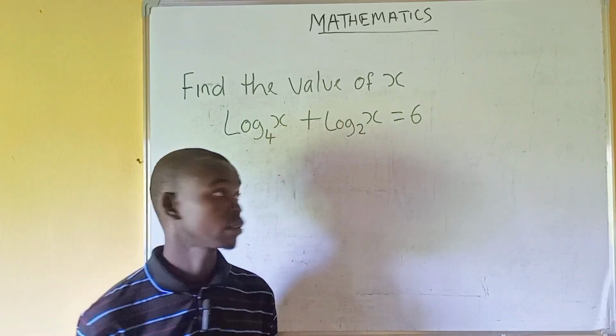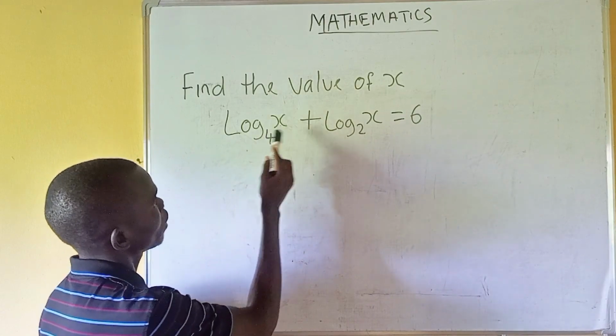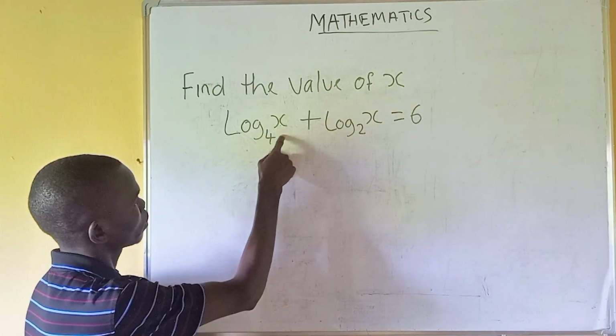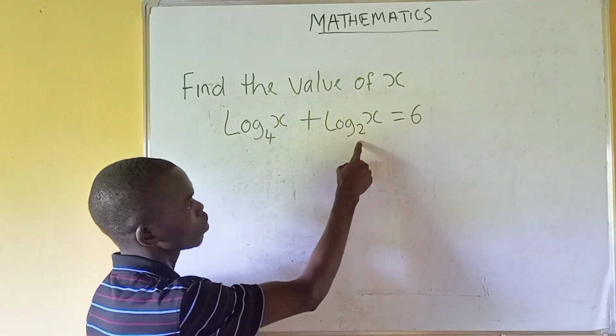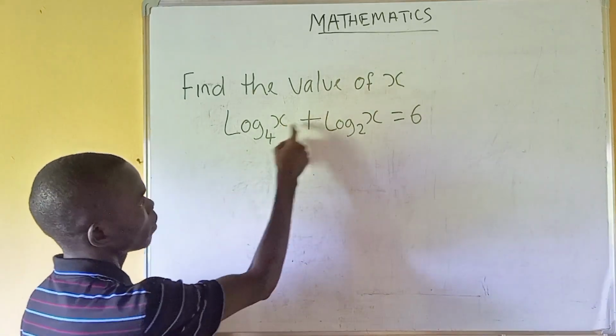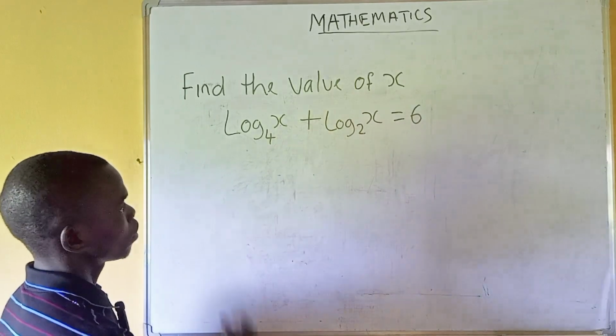Let's look at this question. We are asked to find the value of s. Here is log s with base 4 plus log s with base 2 equals 6. Looking at this question, the numbers are the same, but they have different bases on the left-hand